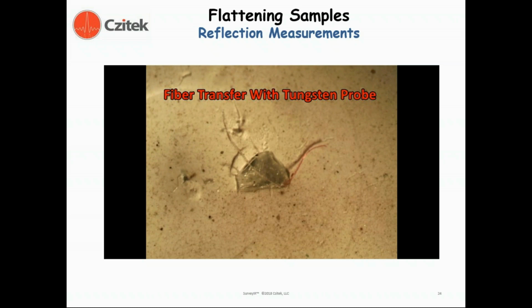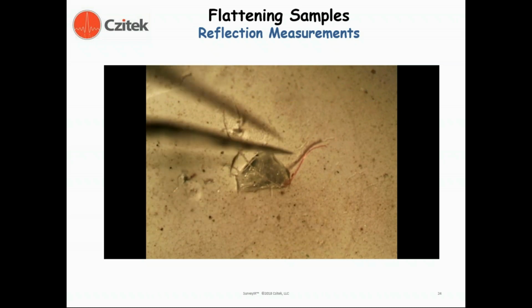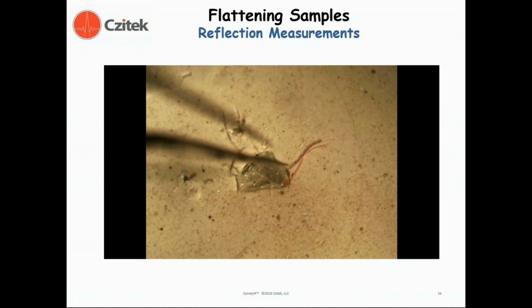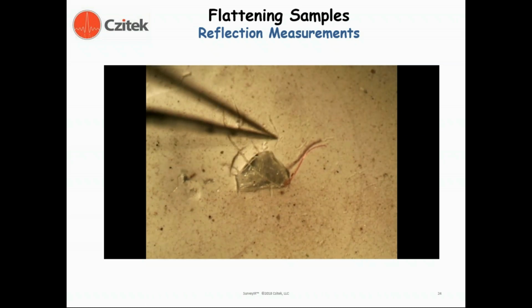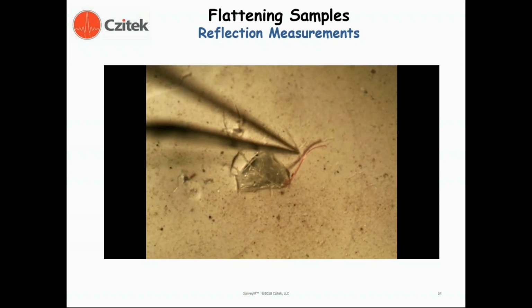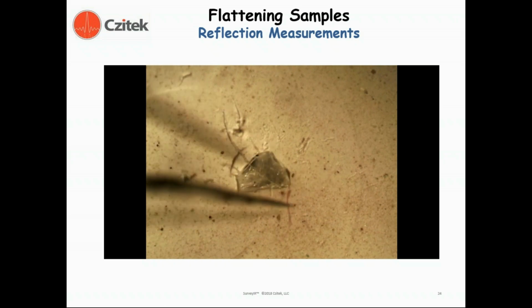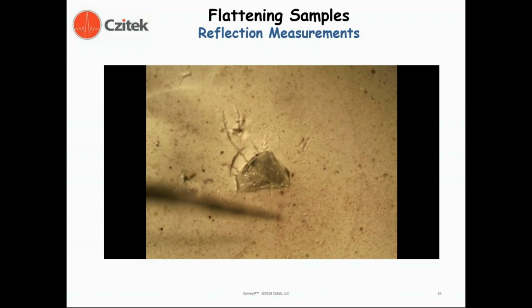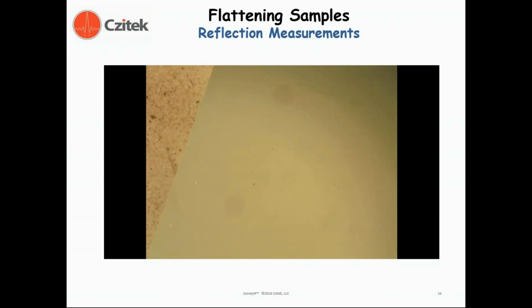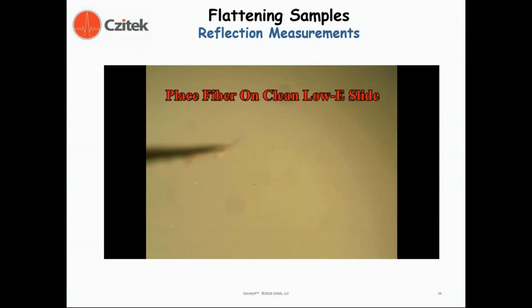So first we're going to locate. You can see that there are multiple samples on this substrate. We are going to target one of the fiber samples with a fine tip probe. So we're going to go in and get the red one. You see, just by touching the sample through electrostatic interaction, it is